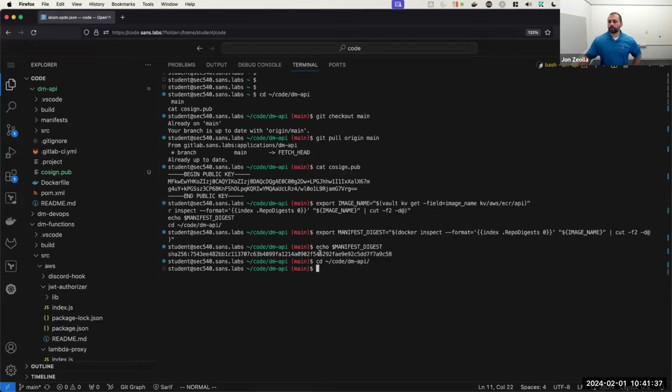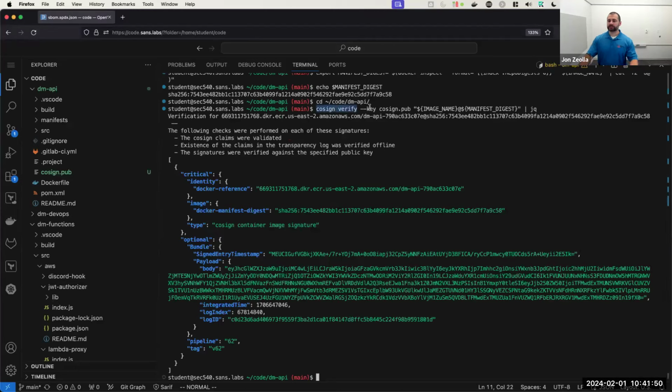So we are going to grab some information from HashiCorp Vault. We're going to extract a manifest of the image that we want to look at. And then we're going to run this cosign verify. So you see cosign verify, we're going to point to the public key, and then we're going to use that image name and digest and kind of parse it out.